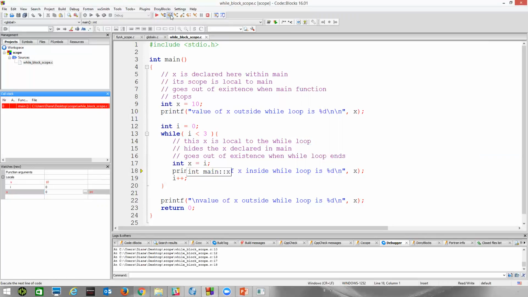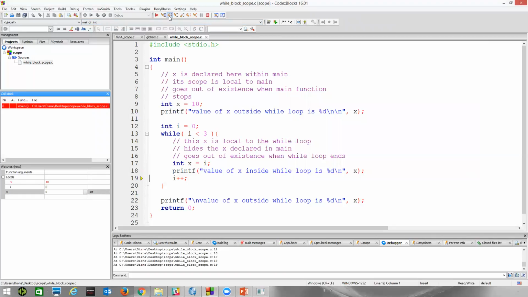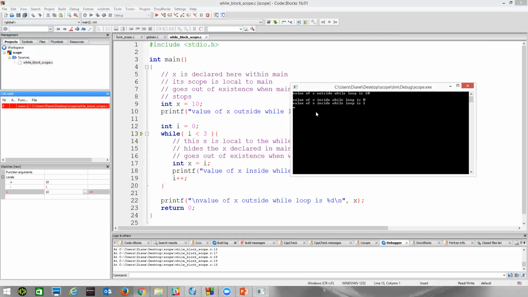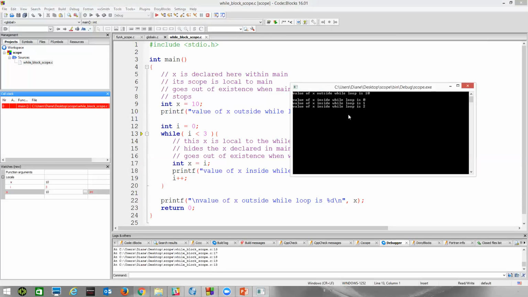And so when we print that out, right, we see that value of X inside the while loop is 0, right? We'll execute the next statement, add 1 to I will become 1, 1's less than 3. We're going to set X equal to I. So once again, this X prints out, right, value of X inside while loop is 1. We executed these statements, so now I is 2, but 2 will be less than 3. This test will be true. We're going to assign the value of 2 to this local X, right, local to this block, right? And then we'll see that we printed out value of X inside while loop is 2.